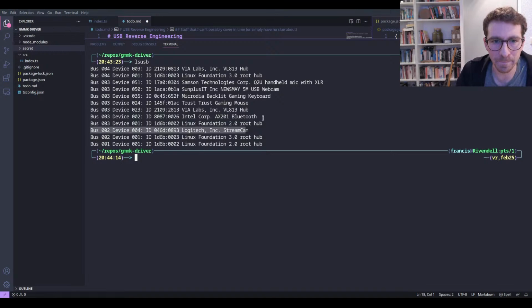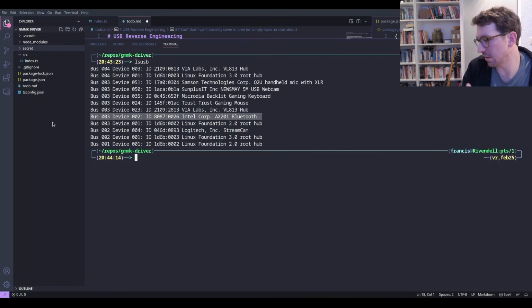Logitech Stream Cam, that is the main camera that you can see up here. I've got an internal Bluetooth device. Sometimes computer manufacturers will actually put a